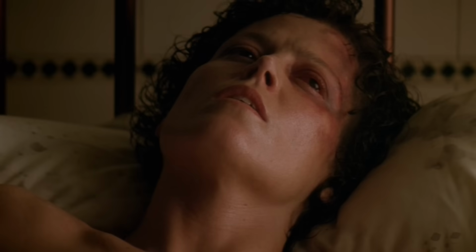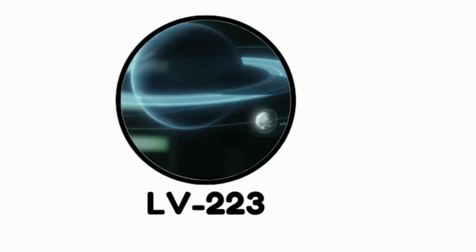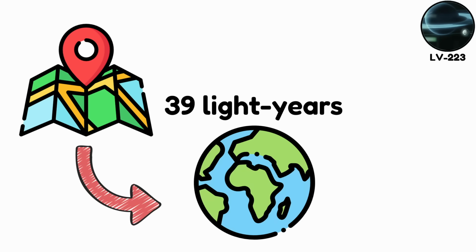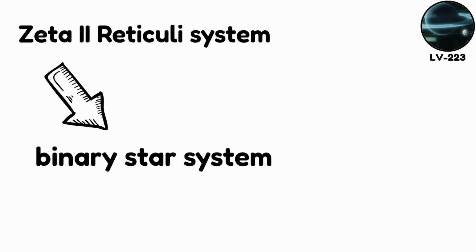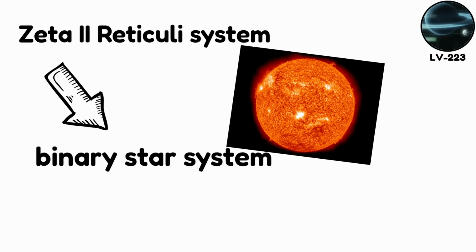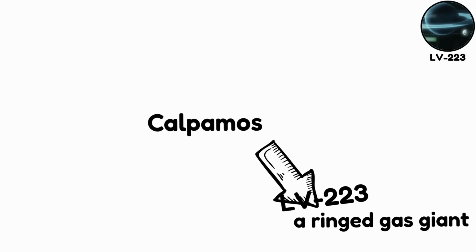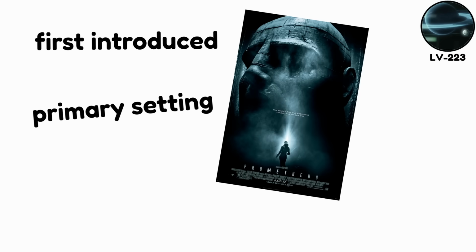Let's jump right in. LV-223, Engineer Outpost, Prometheus. LV-223 is a moon in the Zeta II Reticuli system, located approximately 39 light-years from Earth. The Zeta II Reticuli system is a binary star system consisting of two sun-like stars, Zeta Reticuli A and B. LV-223 orbits Kalpamos, a ringed gas giant, and was first introduced in Prometheus as the primary setting for the events